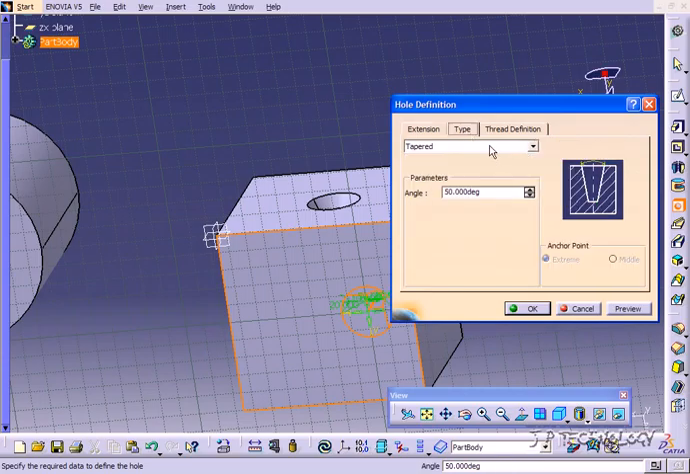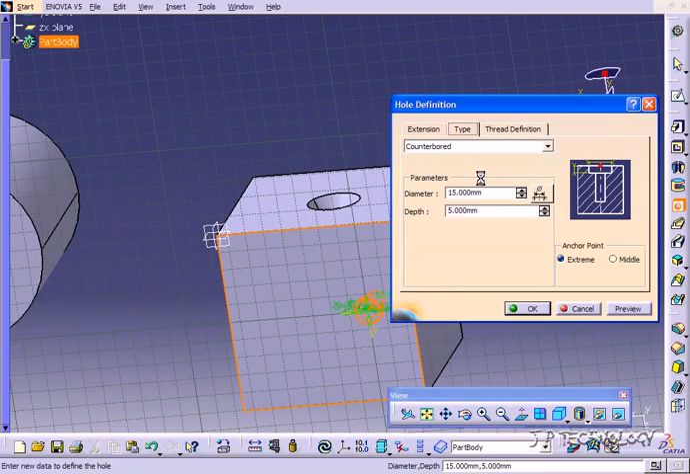And let's change the type again. So this time let's go to counterbore. And for the counterbore, you're going to have some options here again to change. So you can change the diameter of the counterbore at the top. So right now it's at 15 and the depth's at 5. So you're able to increase it or decrease it and just play around until you get the counterbore that you're